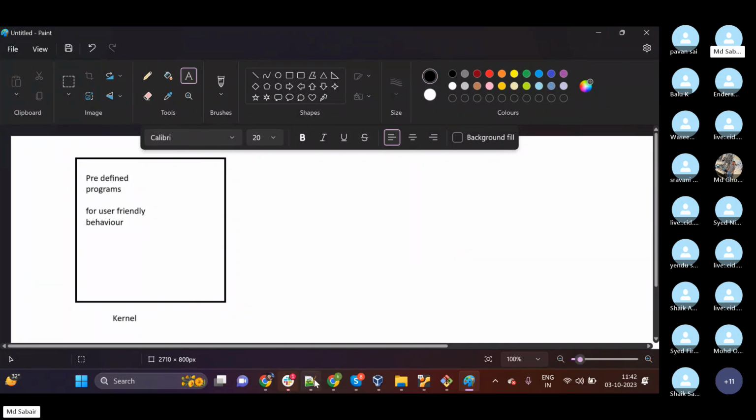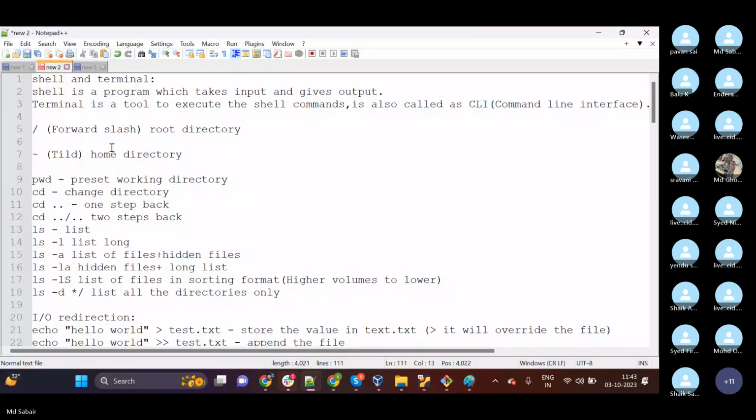The first thing we need to understand is shell and terminal. What do you mean by shell? And what do you mean by terminal? Do we have any terminals in Windows? Guys, look at this definition. A terminal is a tool to execute commands.